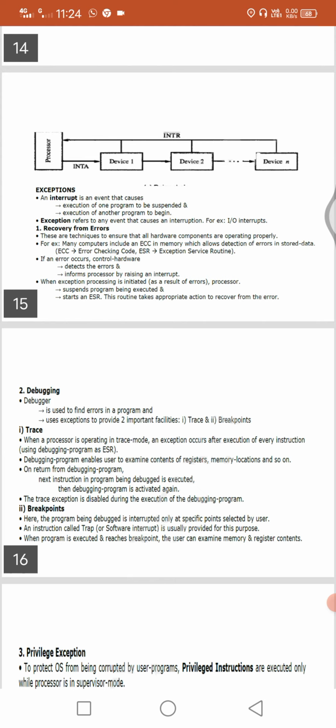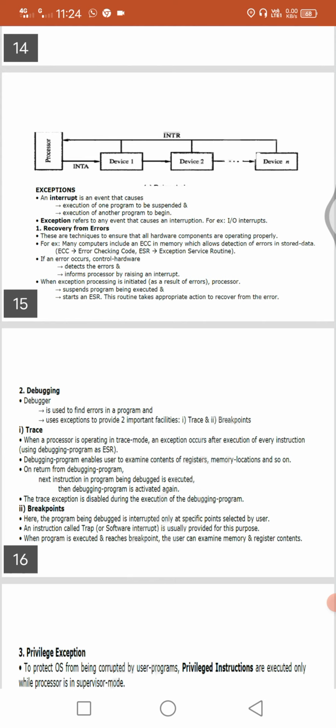Coming to the exception service routine: if we identify an error, we handle it using the ESR. If an error occurs, the control hardware detects the error and informs the processor by raising an interrupt.